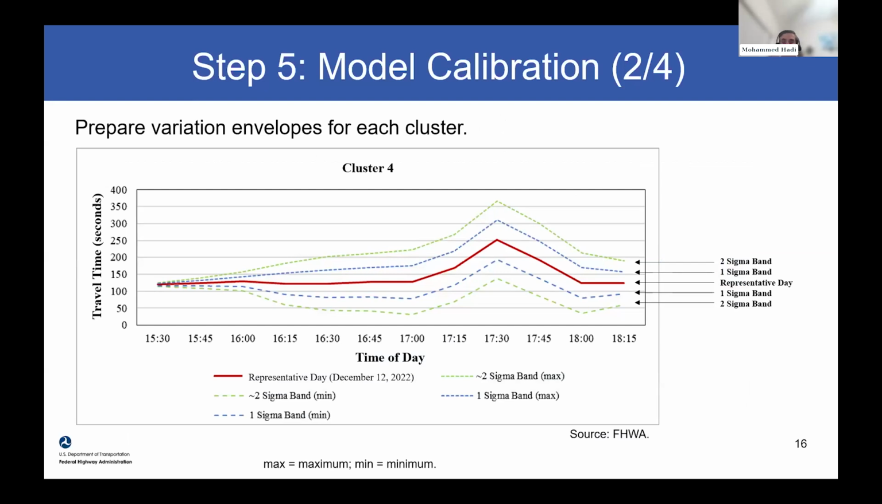So an important step in Volume 3, which is different from the current methodologies, in addition to clustering, which is an important concept in the methodology, another difference from state guidance and Volume 4 methodology is the calibration based on the representative day and based on new criteria. So you could see here that the representative day should fall between